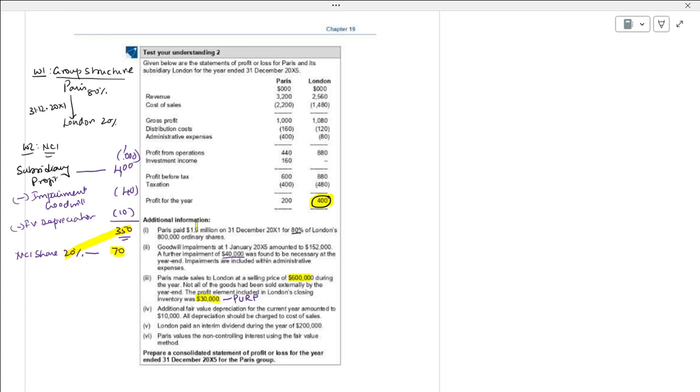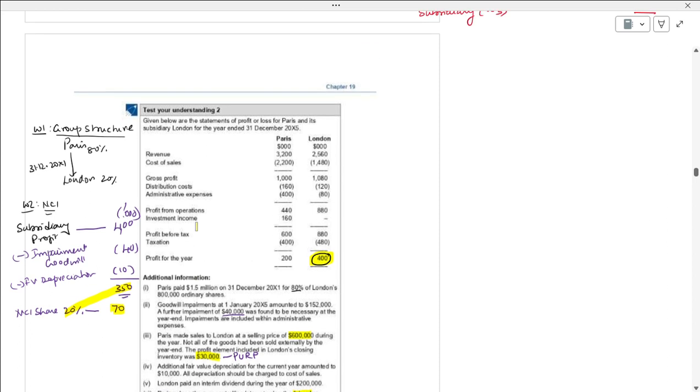That's all. We have taken the share, we have taken the goodwill, we have taken the depreciation. We will not take the dividends. They will give them, but we should not take them. And they said that they are using the fair value method. Now, that's all. Consolidated